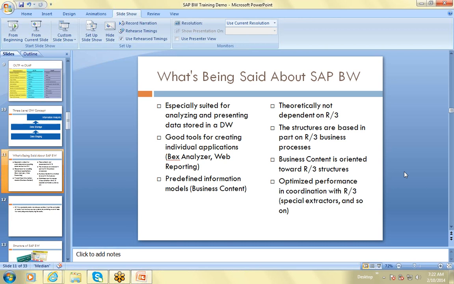So what this means is a system is defined in three layers. The first layer is called the presentation layer, the middle layer is called the application layer, and the third layer is called the database layer. Say, for example, you have gone to Google and created a new Gmail account or a Yahoo account.